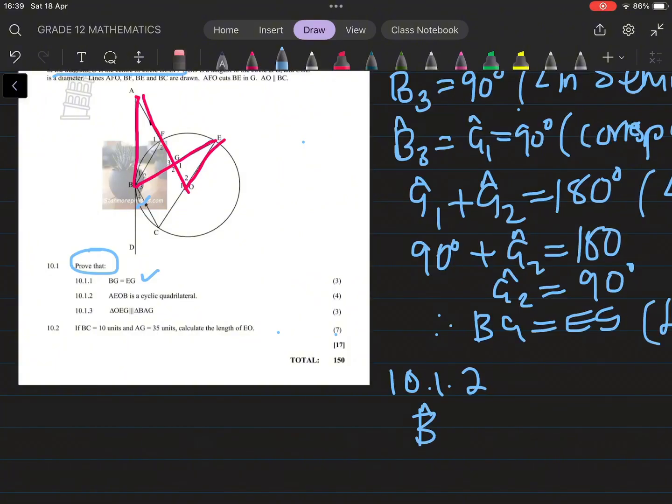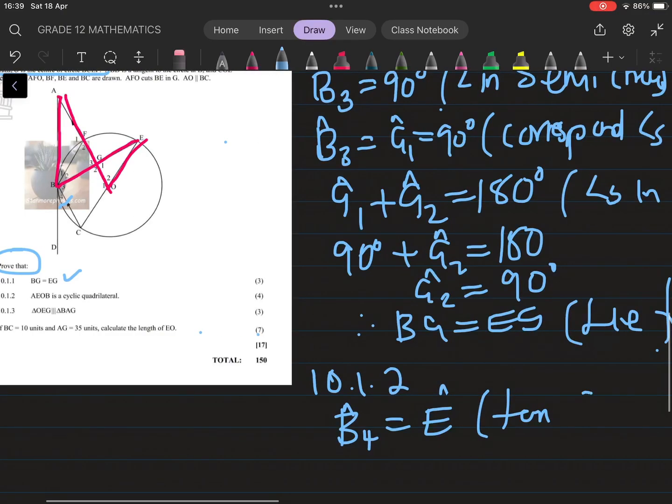B4 is equal to angle E. Reason being tan chord. Angle subtended by the tan and the chord is equal to angle subtended by the very same chord at the alternate segment. That is the tan chord theorem. And then again, we have B4 to be equal to